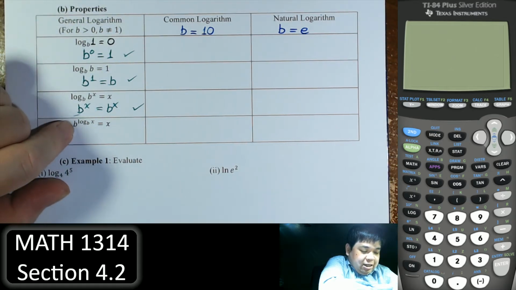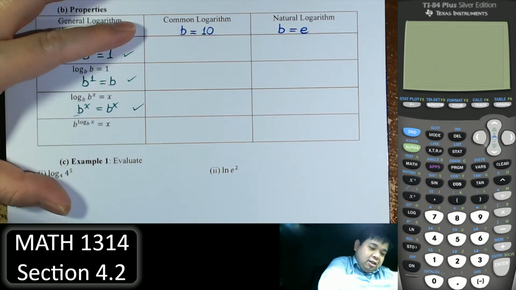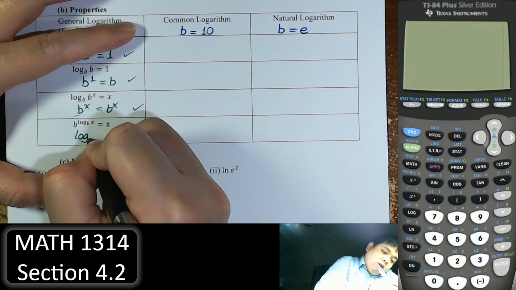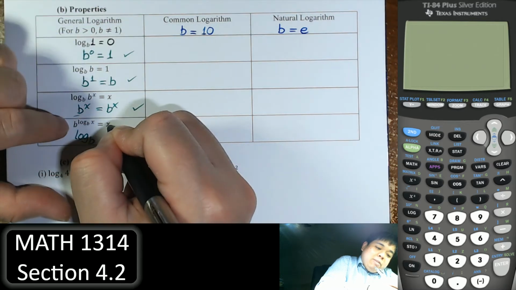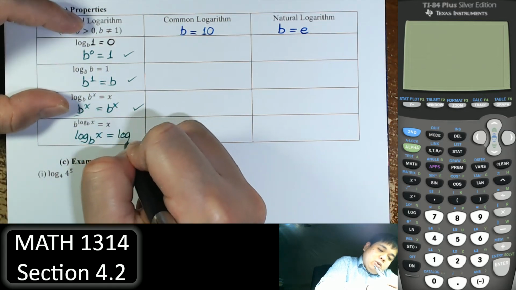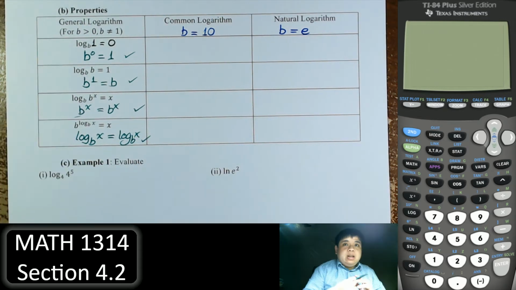And then next, this is b to log base b of x. The base here is b. If I write it in logarithmic form, I swap x and log base b of x. The x goes here and log base b of x goes to the other side. And that also checks. So the last two properties